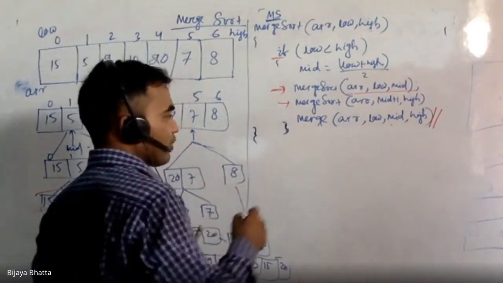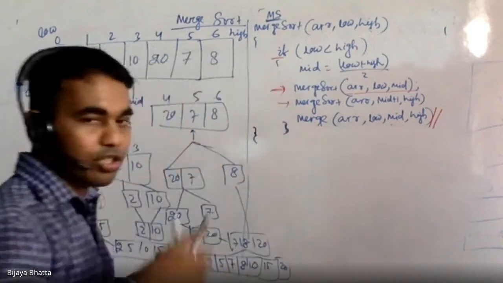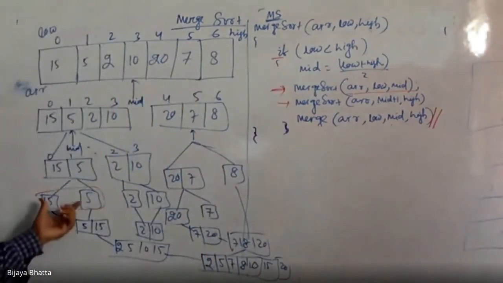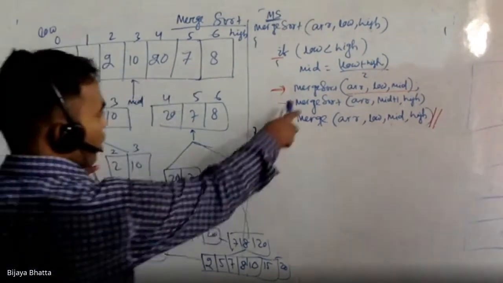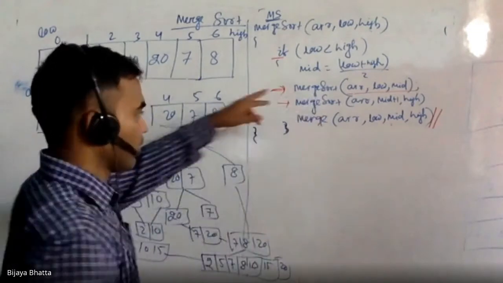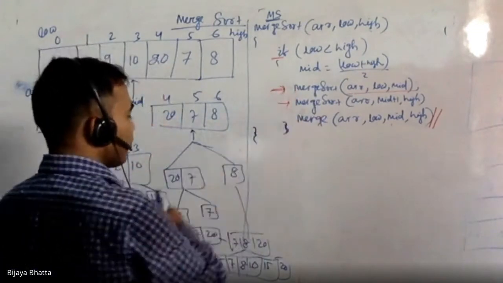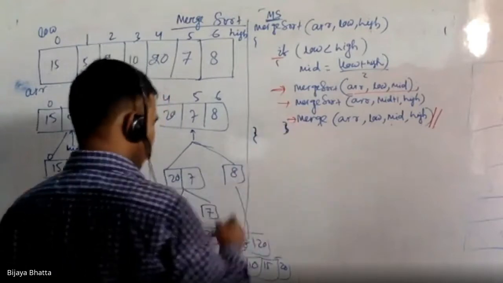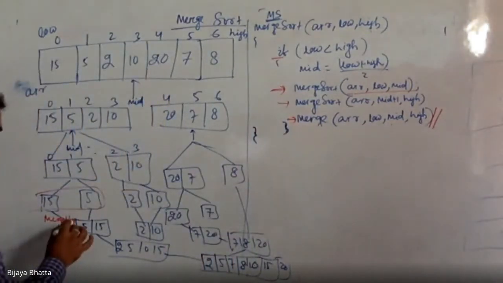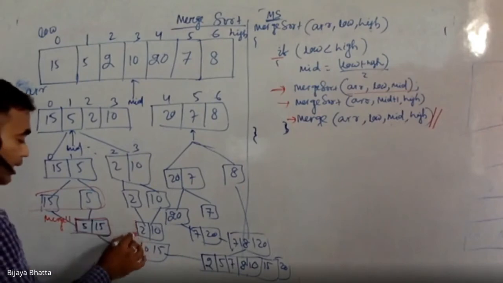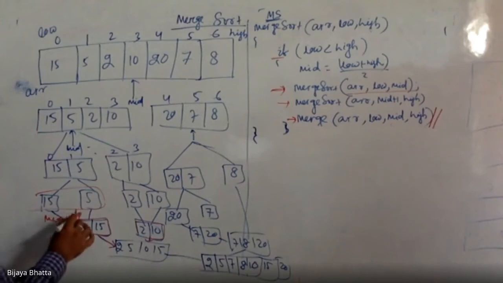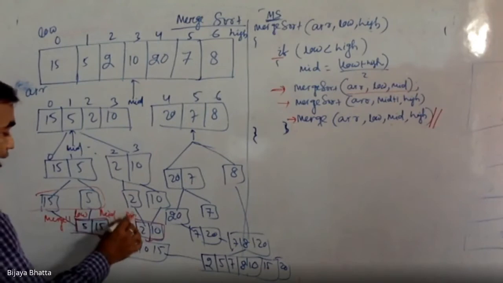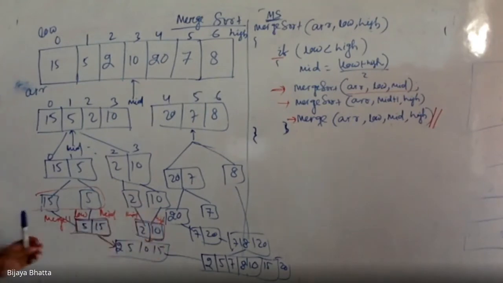Okay, so let's first understand merge, right? So what merge does, right? If we carefully look into this example, these things are being done by using this divide rule, right? So you are calling this recursive function. So what is the main role of this merge function in this particular diagram, right? So basically this is merging any two sorted arrays at any point of time, right? So this is low and this is suppose mid, and this is mid plus one, high, right? So that's how it works, right? And it is going to merge, right?